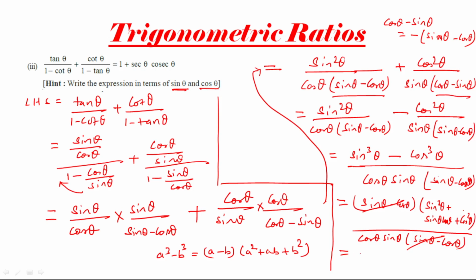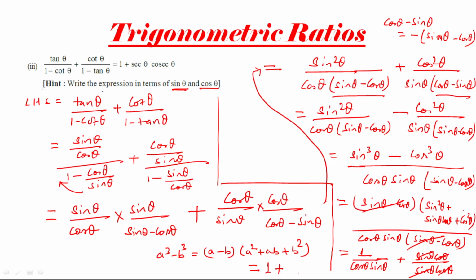So 1 by cos theta sin theta, plus sin theta cos theta divided by sin theta cos theta, so both will get cancelled, giving us 1. From this expression we will get 1 plus